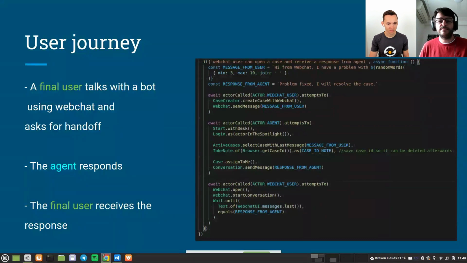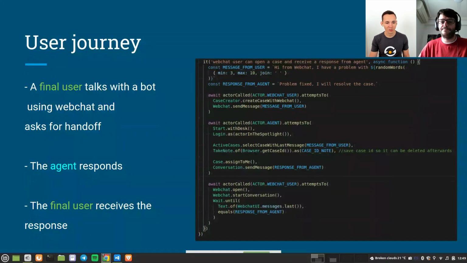It will give you different answers depending on how it's configured, but if the bot cannot help you, you can request a handoff, which is kind of telling a human to answer you. An agent will take the conversation on our platform, and this agent will answer, and the final user has to receive that response. So it's kind of putting all the things together, a minimal example that all the steps in our platform work.